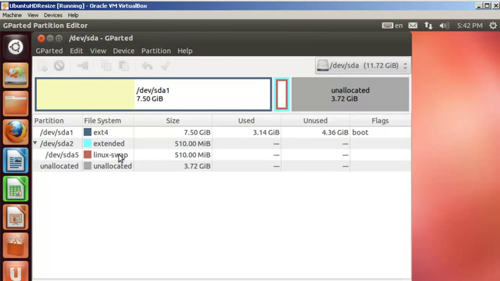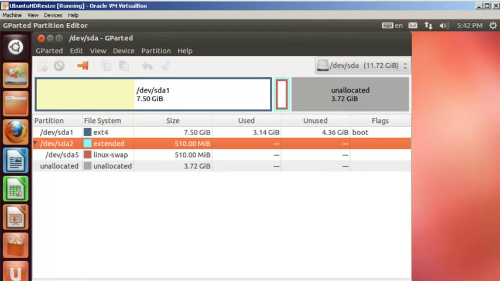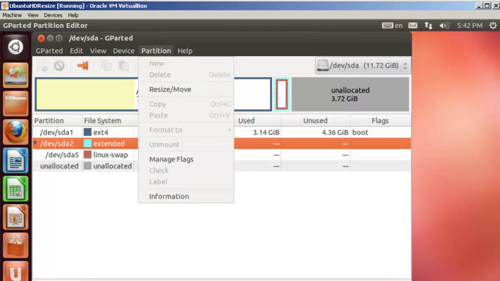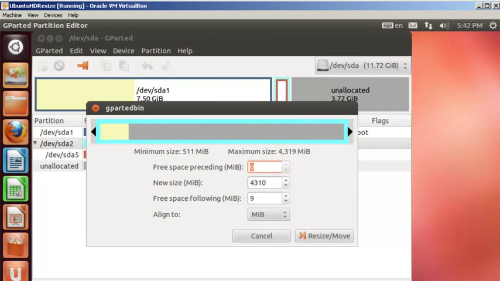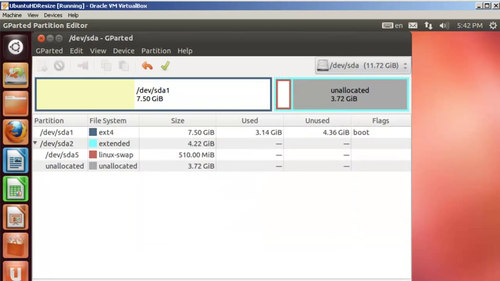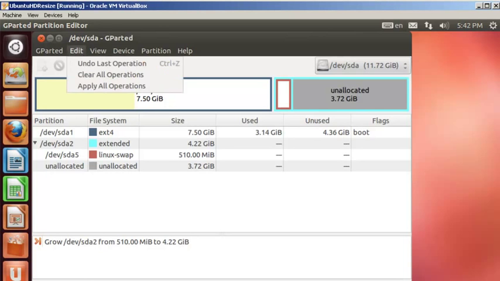And then we're going to go to extended, and we're going to expand it to take up all this unallocated space. This is how we're going to have to move it. We're going to have to go to partition, resize, move, and expand it all the way out here. Click on resize, move. Now, this is not happening now. These are the steps that we're taking. We're just making a list of what we're going to do, and at some point in the future, we're going to apply all